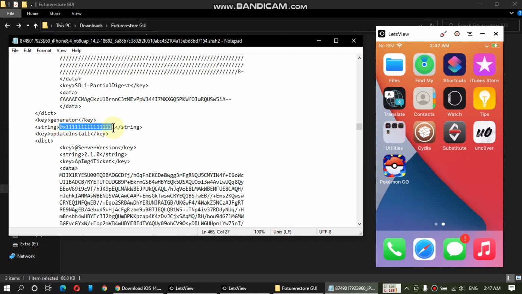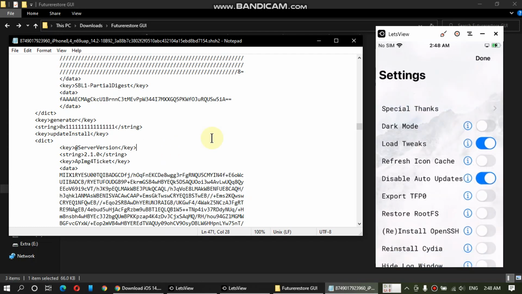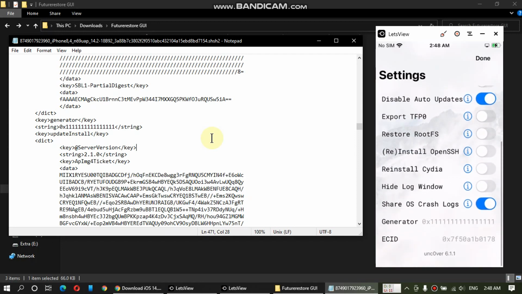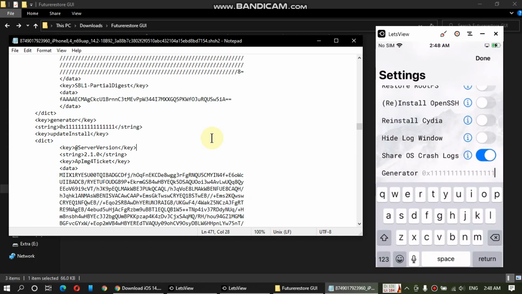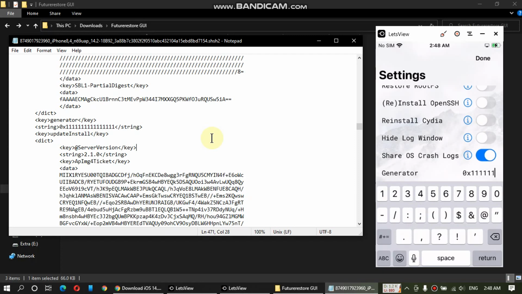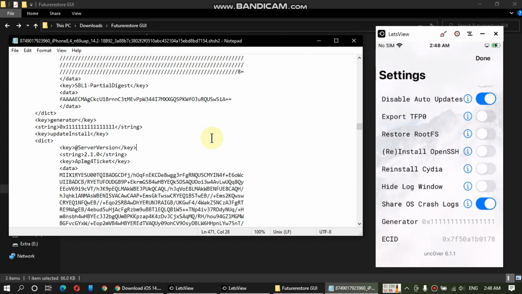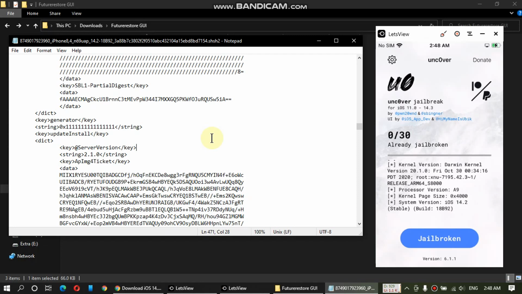We are focusing on this string right here. Tap the gear icon, scroll down, and you will see generator. Now my generator is 0x1111111111111111. Now set the generator. Alright, click return and the generator is now set. Click on done and you are good to go.